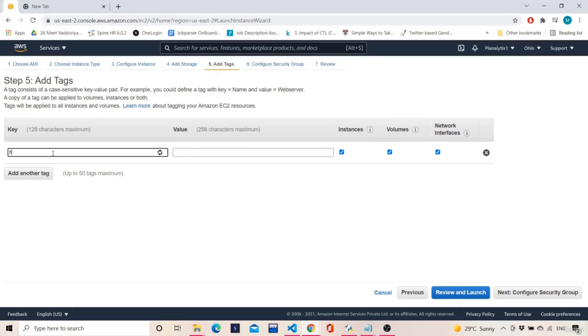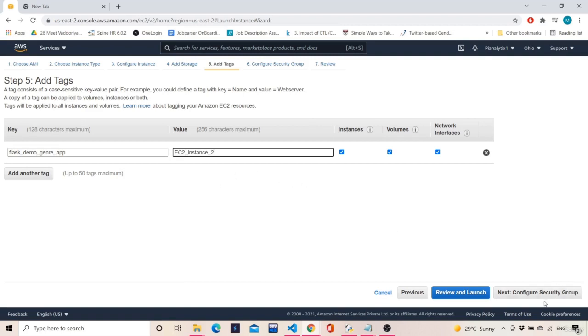I'll just say Flask demo gener app. This is my key, and my value will be app EC2 instance 2.